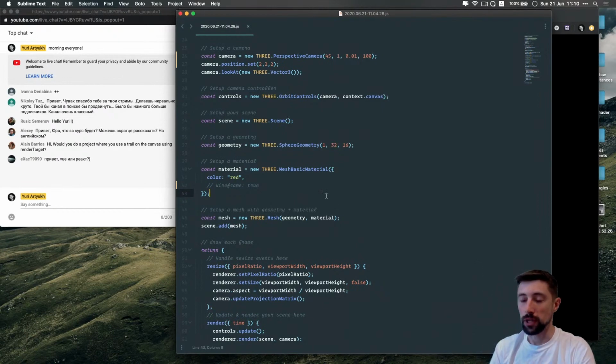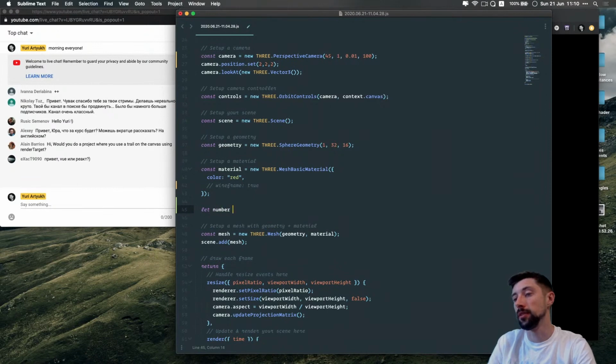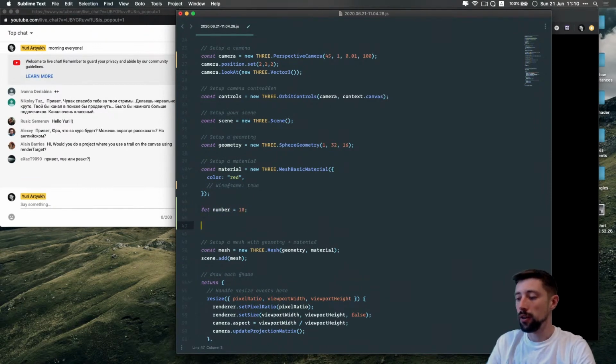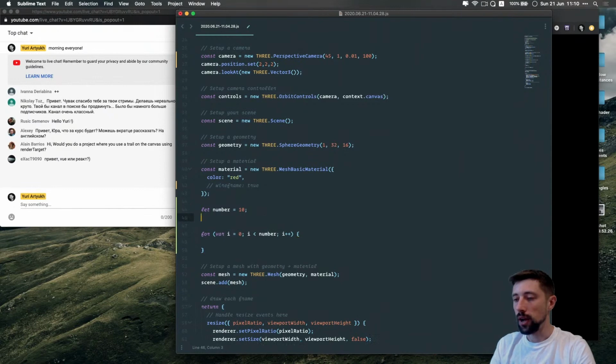Let's get started. So where was I? I need some number for the number of layers I would have in my GIF animation. So let's do this, the number equals 10 for now. All right, and then I have a loop until the number, and inside that loop I would probably need to create some layers. So let's start with those. I think they'd have the same geometry, so I can come up with the geometry from the start probably, and the geometry, if the camera is in position 2, 2, 2, should be something like